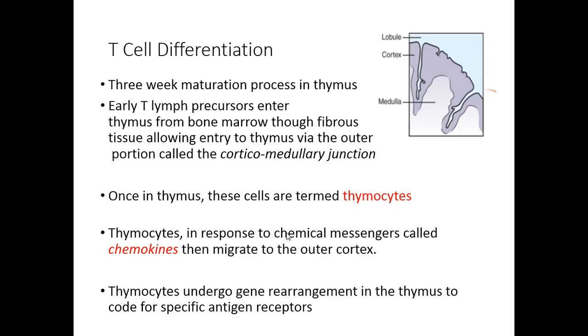T cell differentiation is a 3-week process of maturation in the thymus. In general, those early lymphocytic precursors, we can call them the common lymphoid progenitor, a T cell progenitor, a T lymph progenitor, or precursor. We're going to hear all different terms like that used, but it all means the same thing. Very, very young lymphoid cells. They leave the bone marrow and they enter the thymus through a really fibrous tissue that brings them into the thymus at the corticomedullary junction, the area